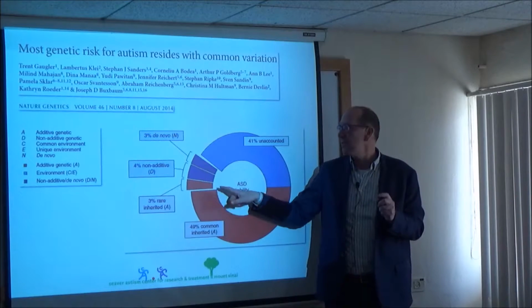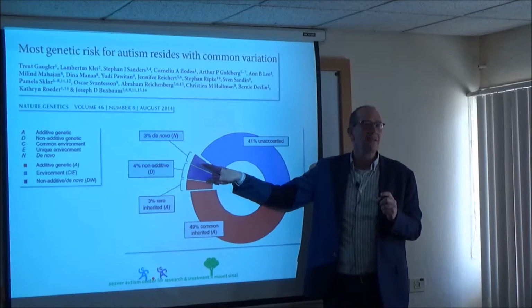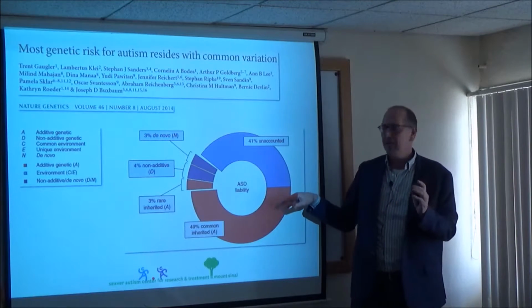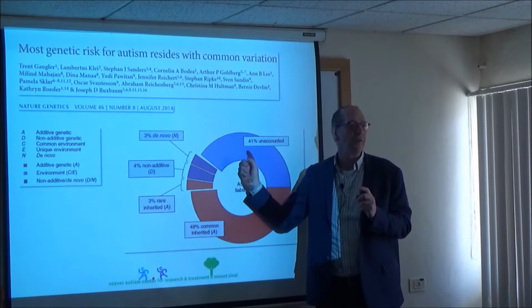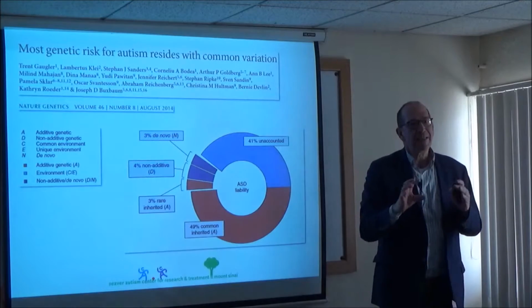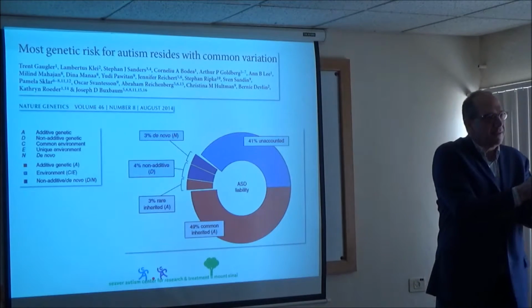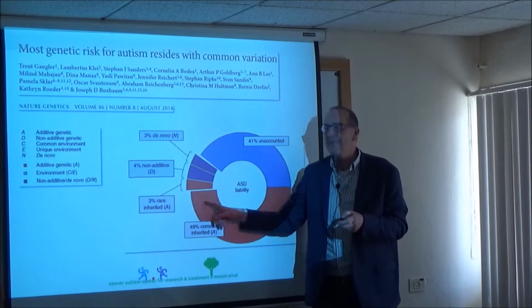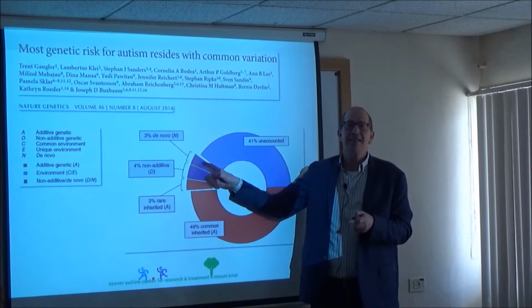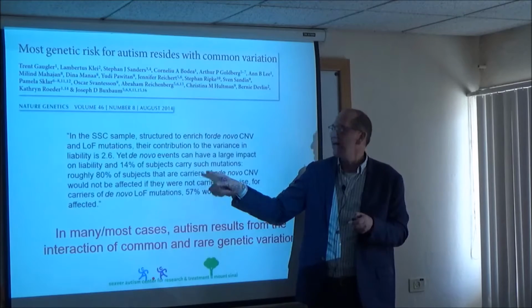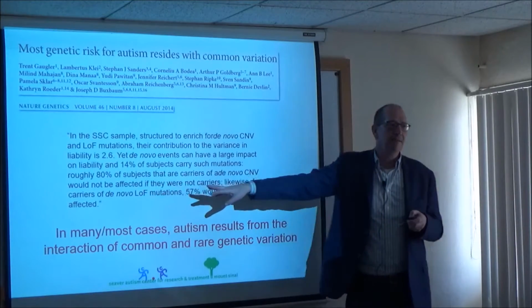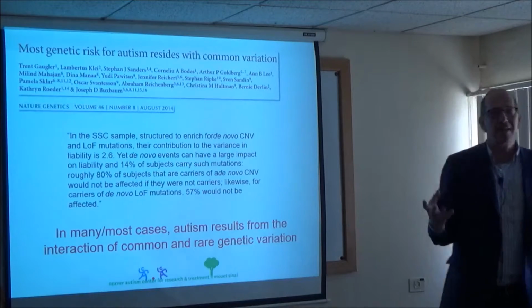It's not absolutely necessary. If you have a 100% penetrant gene up here, you don't need to have family risk. But most people don't have that. They have this plus something else, all right? And that interaction is what makes a family. The reason you can give genetic counseling to a family, even though they have this, is because when you find something, you can say, if you don't have that, your risk of autism has gone down by 80%, right? So you can give genetic counseling even in the context of polygenic risk.